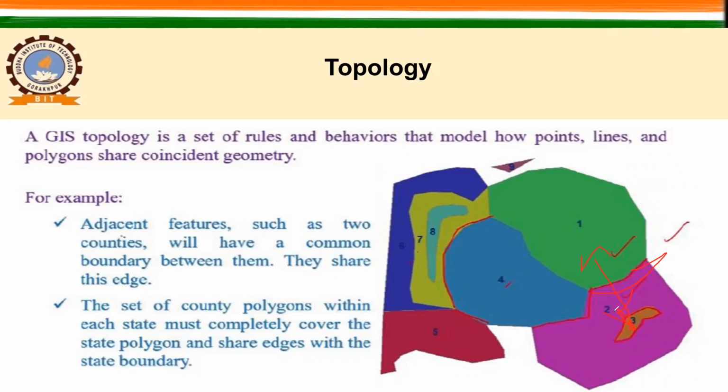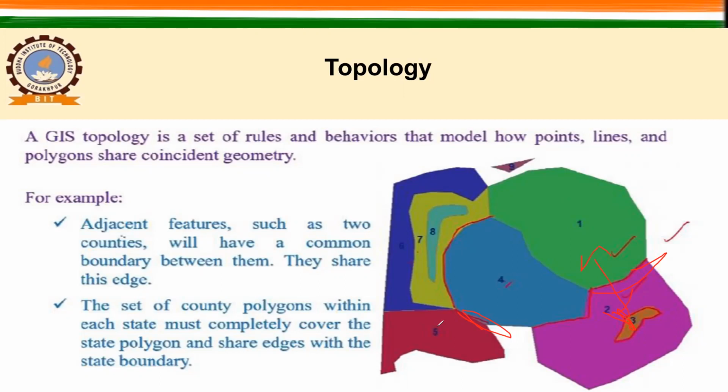4 and 2, और ये line किसके बीच में share हो रही है? 4 and 2 के बीच में share हो रही है. ठीक, and this line is shared between 4 and 5. तो ऐसे हम देख सकते हैं, and we have some line which is shared between 4 and 7 and 8 is inside this 7, or 7 is sharing on right hand side, or this 6. So all these location parameters, how do we define? We need this topology to define the area or point where exactly they are and how much they are placed.